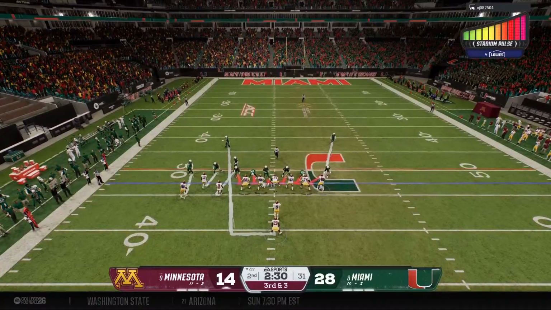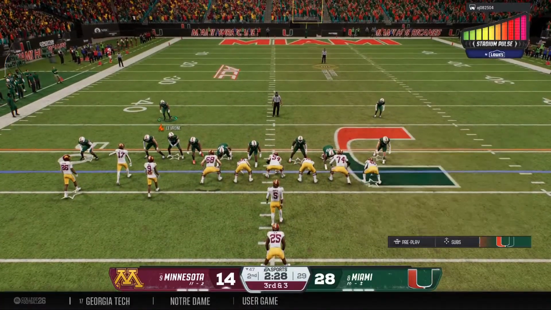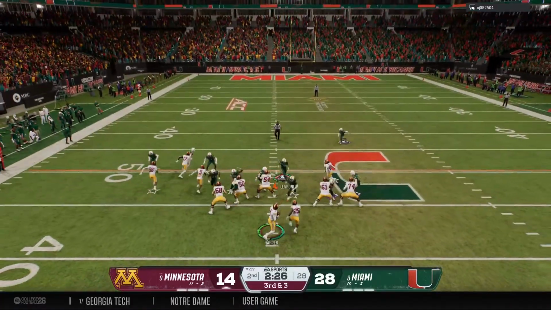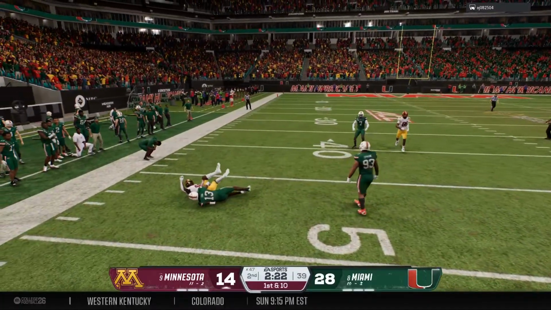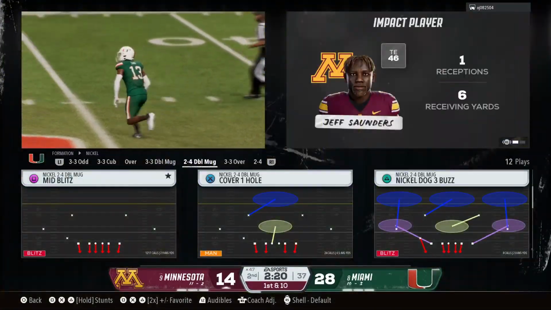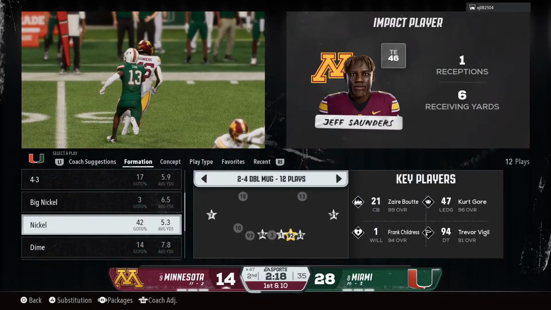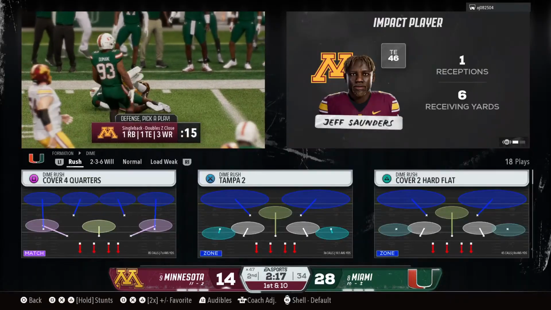When the offense goes with that deep crosser, that defense has to do a good job of communicating, really keeping their head on a swivel to understand who's coming into their zone. That time they just lost the receiver and they gave up a big gain. Now we're starting to see this offense look like they've looked all year long.